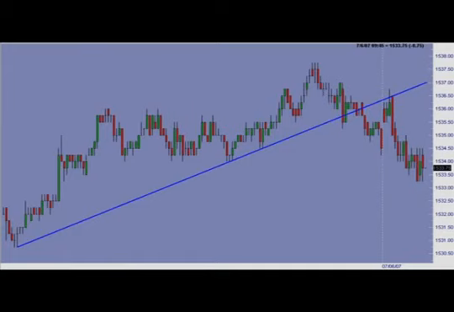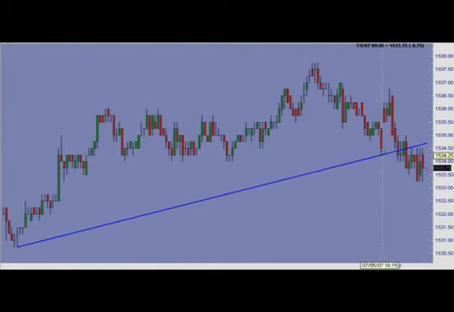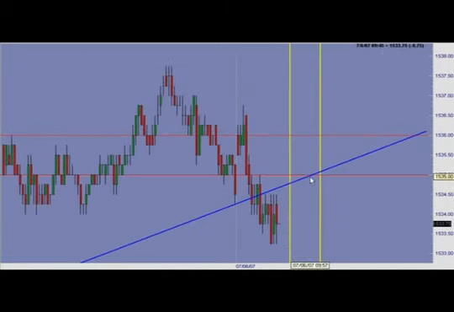So we'll look for another one. It looks like a nice low here, so we will go with this one. Nice pattern here off the pattern. And we have one right here. So here we have what we need. So let's take these lines off, and then we'll set this reversal here,